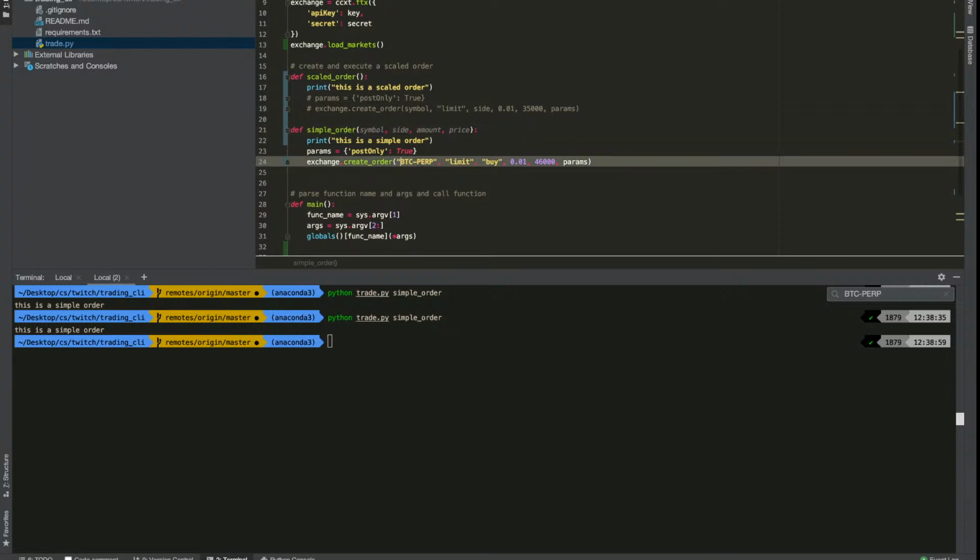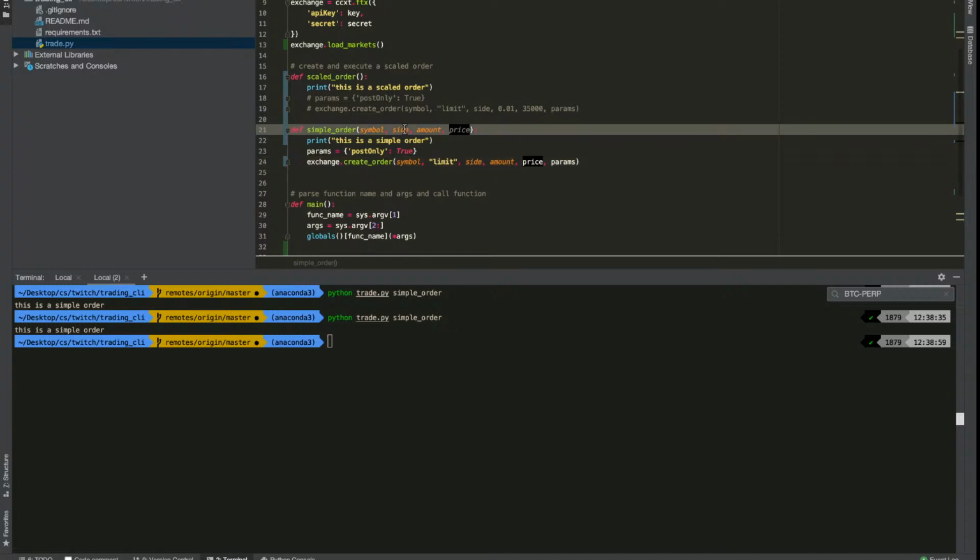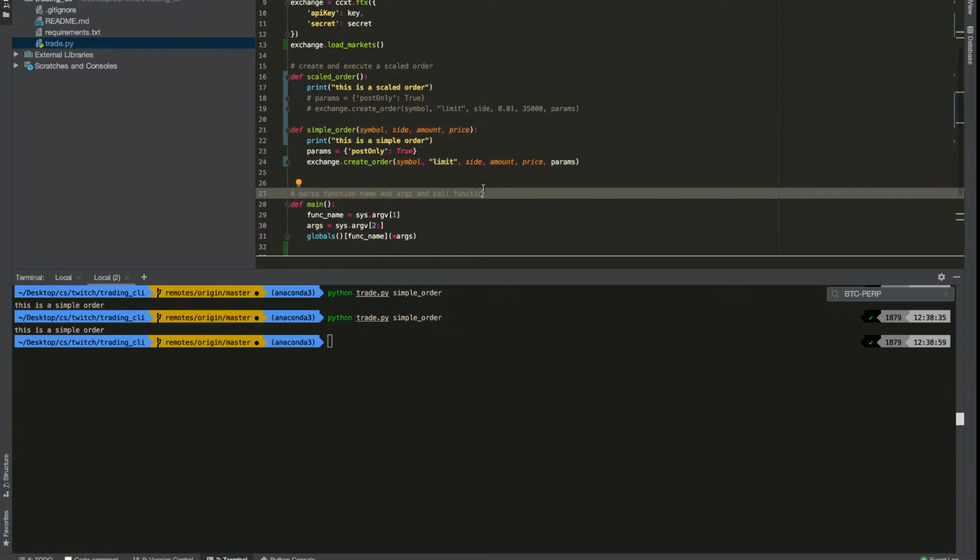And then we're going to replace these in here. So this is going to give us symbol. Limit is going to stay. Side, amount, and price. Okay? So that is going to let us actually attempt to